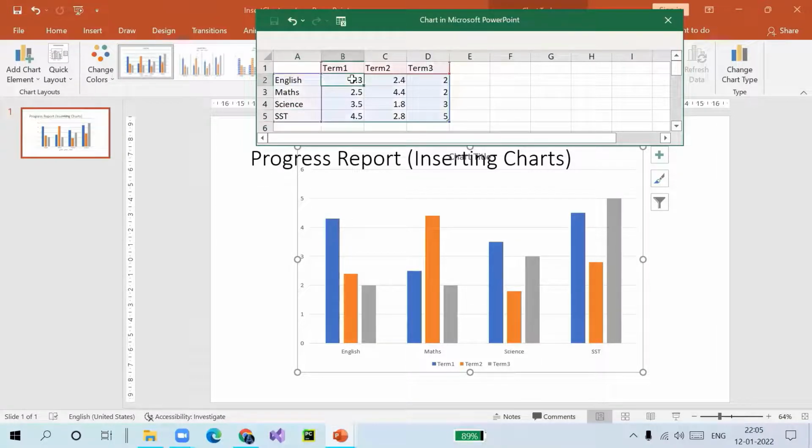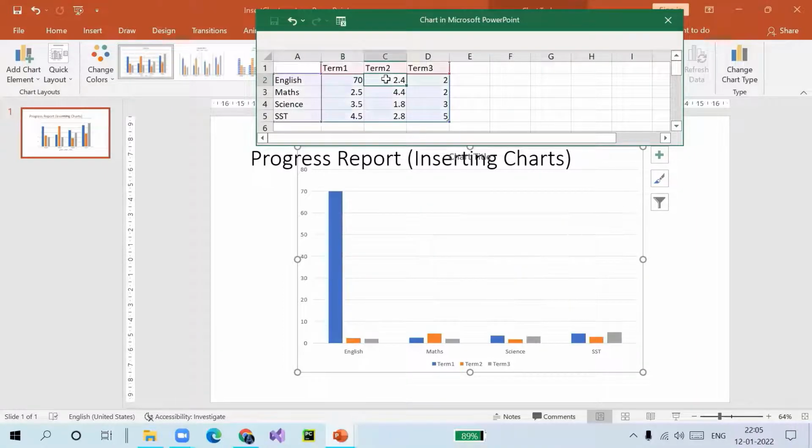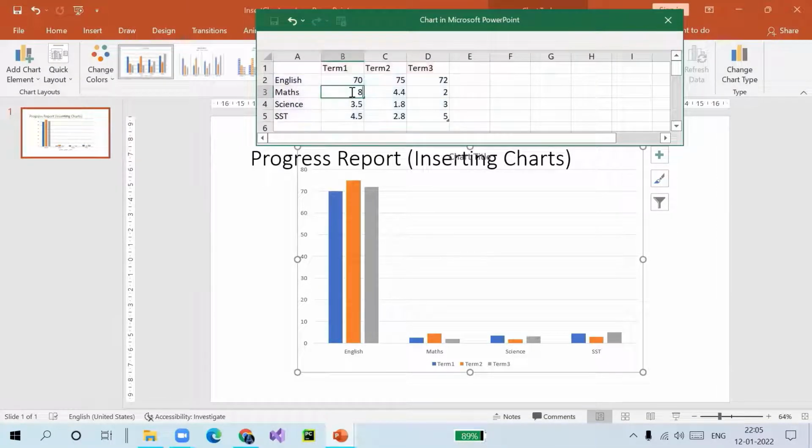Okay. So in term 1, the score in English, let's say this is out of 100, 70. And then it's, let's say 75. And after that, it was 72. And in the maths, let's say in term 1, it was 80.